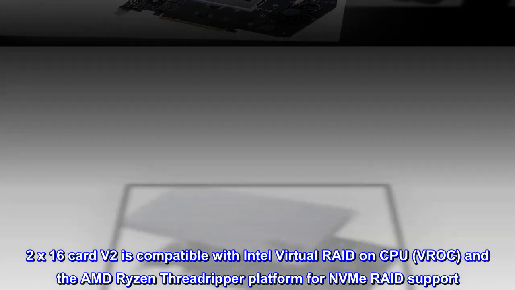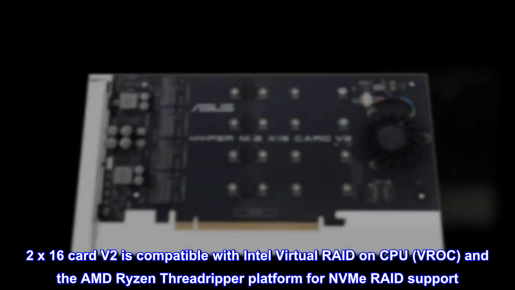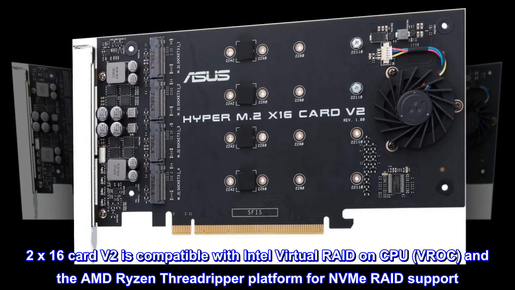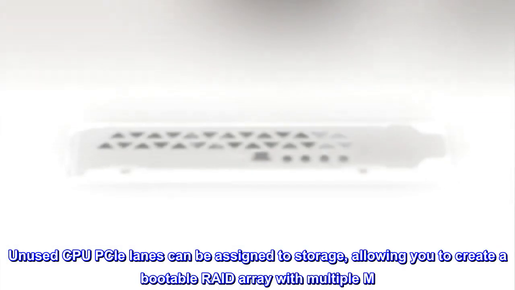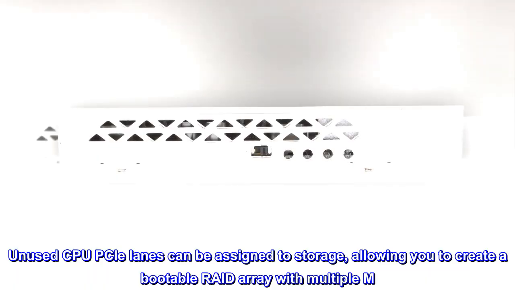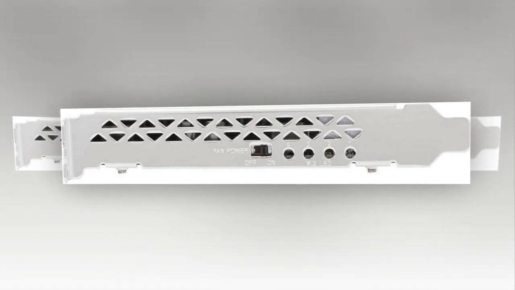Description: Hyper M.2 X16 card V2 is compatible with Intel Virtual RAID on CPU, VROC, and the AMD Ryzen Threadripper platform for NVMe RAID support. Unused CPU PCIe lanes can be assigned to storage, allowing you to create a bootable RAID array with multiple M.2